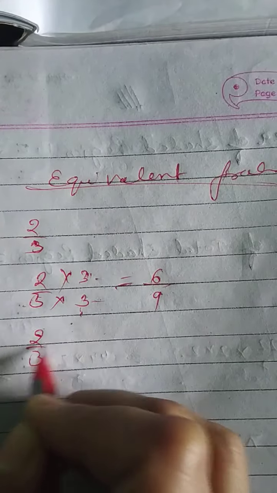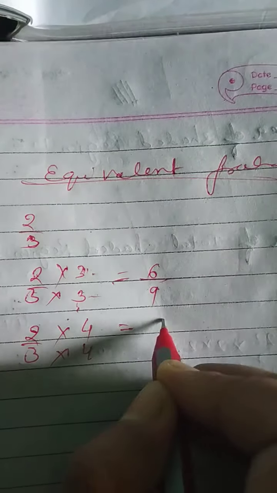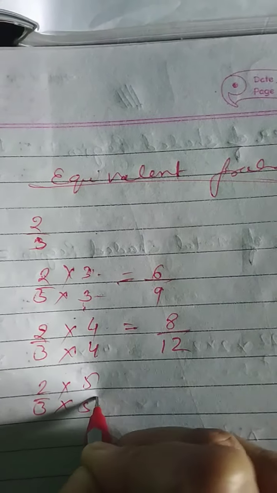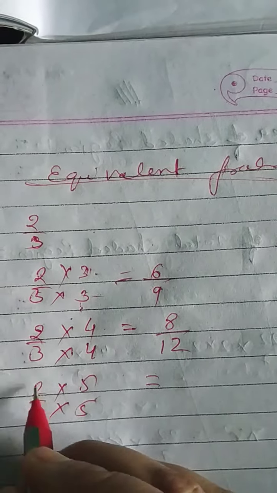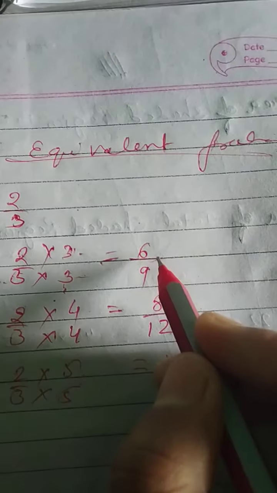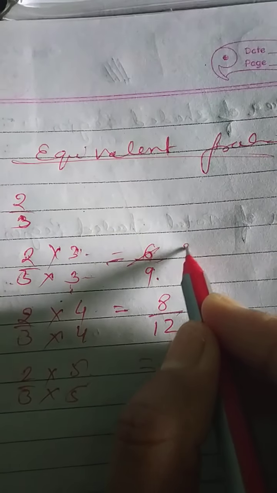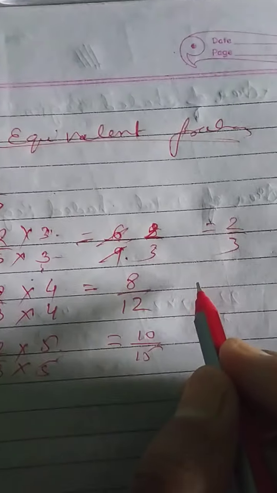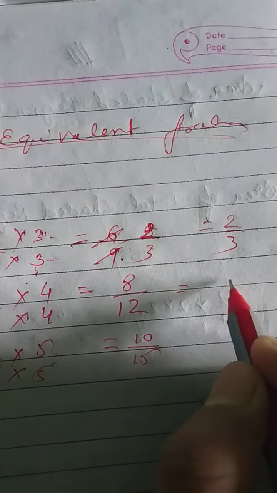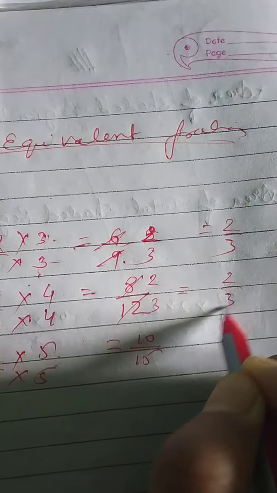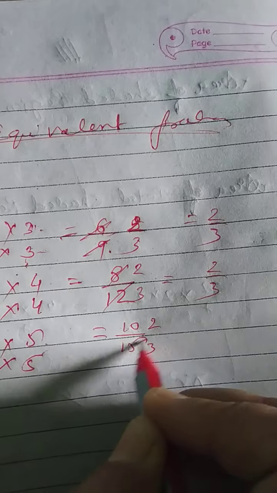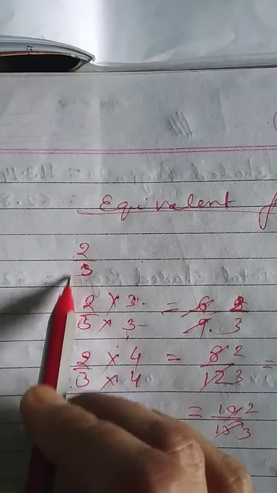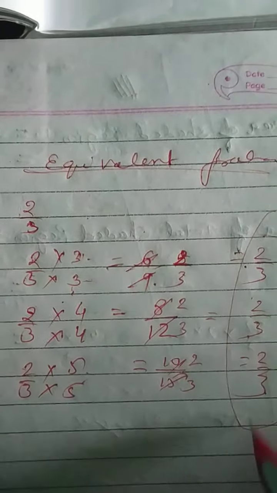Okay. Again, if you want another equivalent, you multiply up and down with the same number. If you want more equivalents, you multiply up and down with the same number. Any number. 5 2 is 10 by 3 5 is 15. You can see whether it is equivalent or not. Cancel out. 2 3 is 6, 3 2 is 6, 3 3 is 9. So 2 by 3. Here you just cancel out. 4 2 is 8, 4 3 is 12. 2 by 3. Here 5 2 is 10, 5 3 is 15. 2 by 3. You can see all these are 2 by 3, 2 by 3, 2 by 3, which is equal to this 2 by 3. So all these are equivalent fractions.